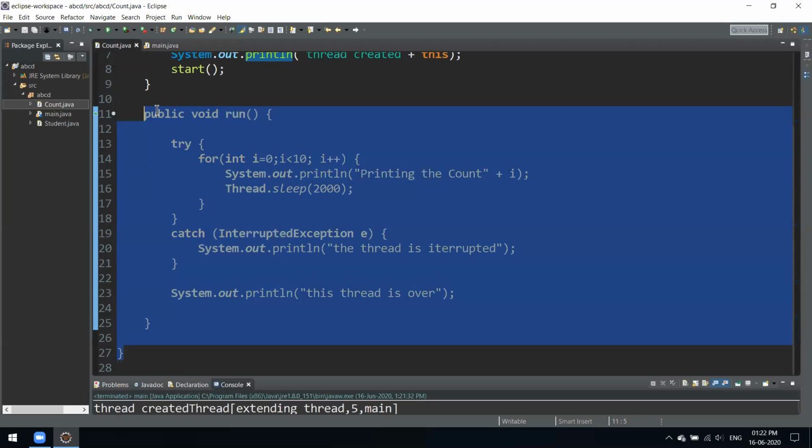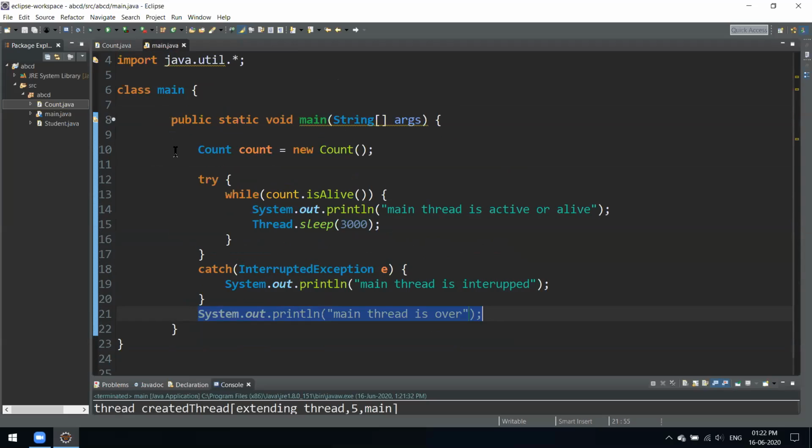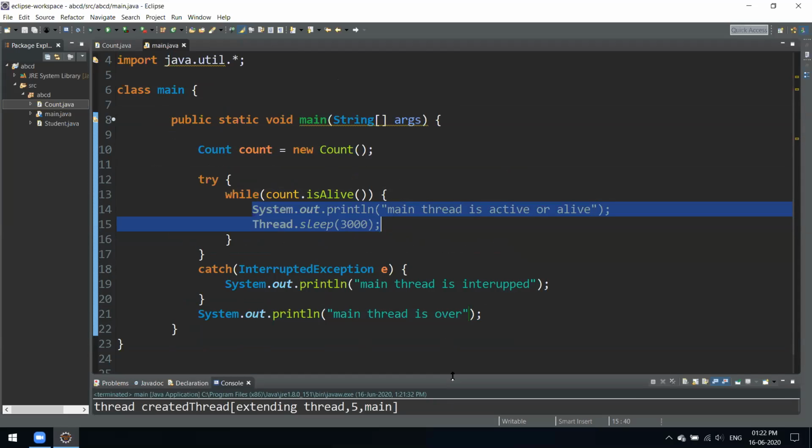What we wrote here is that we first created an object of that class, and here we checked that whenever that thread is active, whenever that thread resumed, at that time do this operation also. So we are just trying to do both of these operations simultaneously. And if you observe that code, you'll see that both of these things are operating simultaneously. And as soon as the whole thing is over, we are getting this.